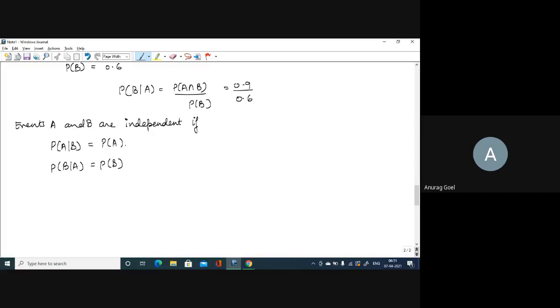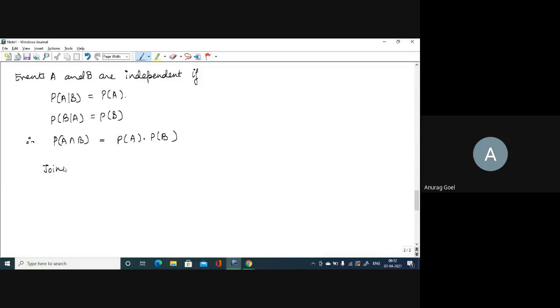In that case, similarly for P of B given A, if A and B are independent, whether A has occurred or not, it doesn't affect the probability of event B. So that would be equal to the probability of event B. And using this information, we can say that therefore P of A and B would be equal to P(A) into P(B) in case A and B are independent. Okay,